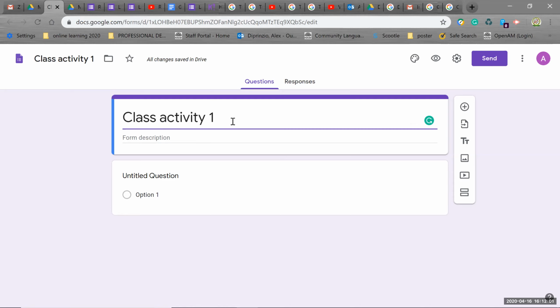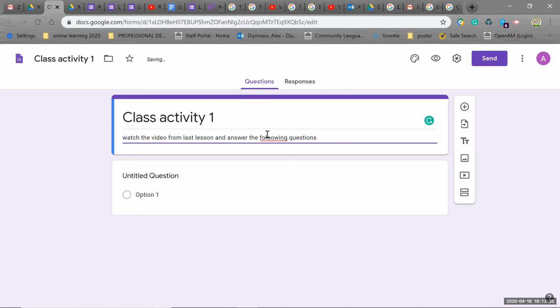Now, what do we want to do here? Let's turn this into a kind of activity, and we will say, okay, we're going to create some questions. Okay, so let's say that we've watched a video. So watch the video from last lesson and answer the following questions. Okay, now this is the easiest way of doing this. You can